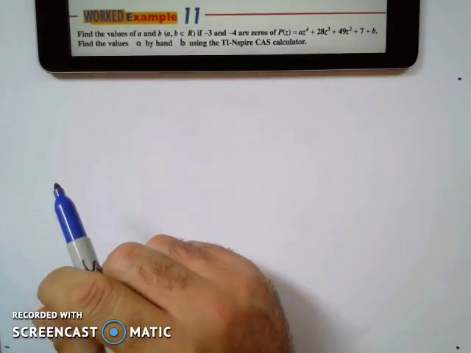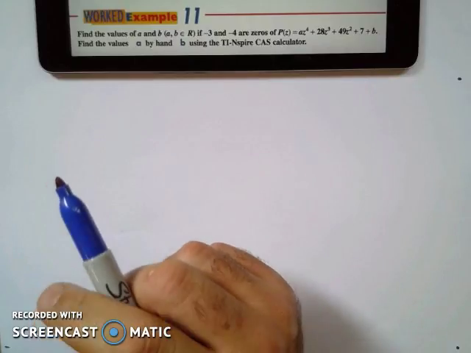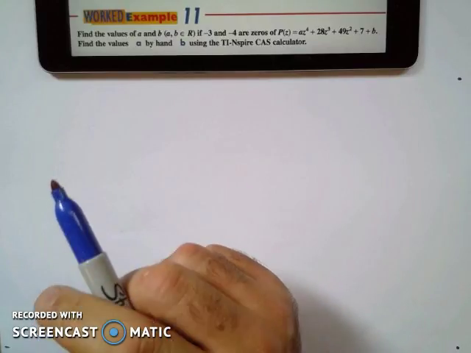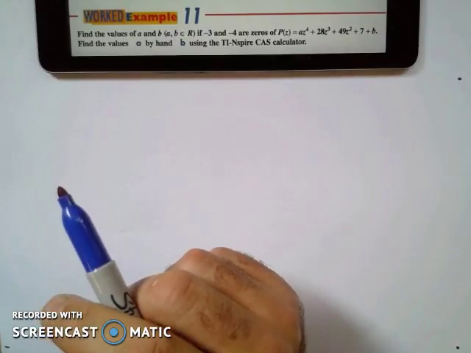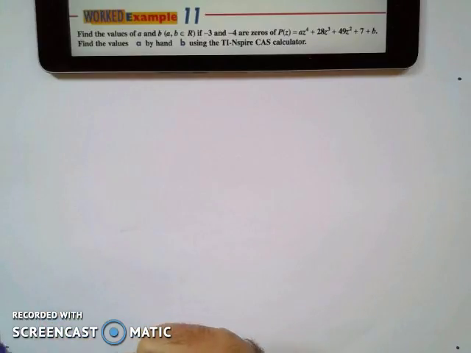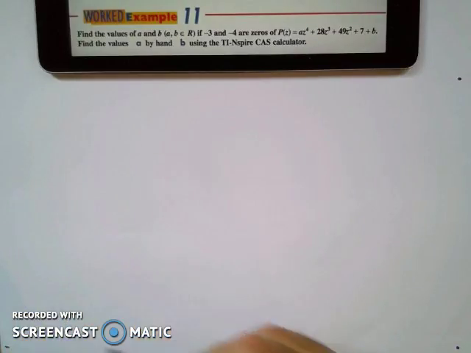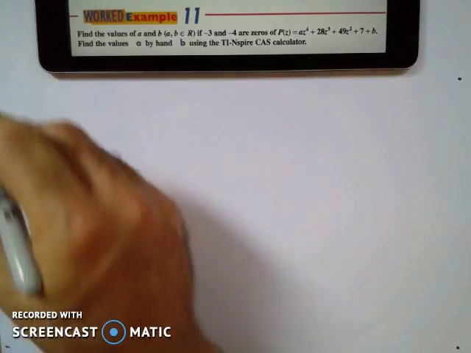Find the values of A and B if A and B are all real numbers, if -3 and -4 are zeros of that. Find the values by hand. We're not going to do the CAS calculator method because in exam mode you cannot do it. This is pretty easy because we know that if